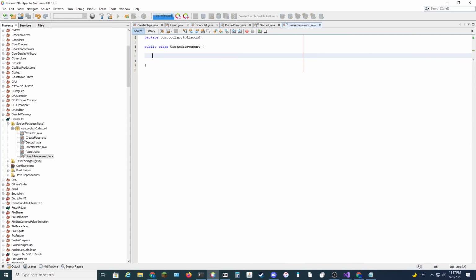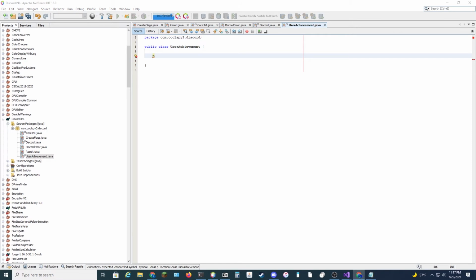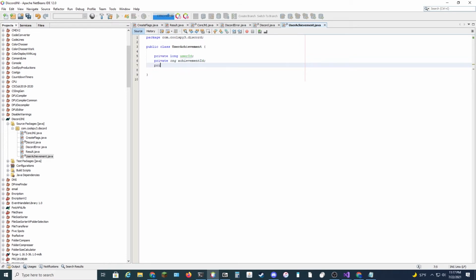Snowflakes are just longs if I remember correctly, so I'm going to just copy over what it looks like over here, so do private long userID, private long achievementID, private